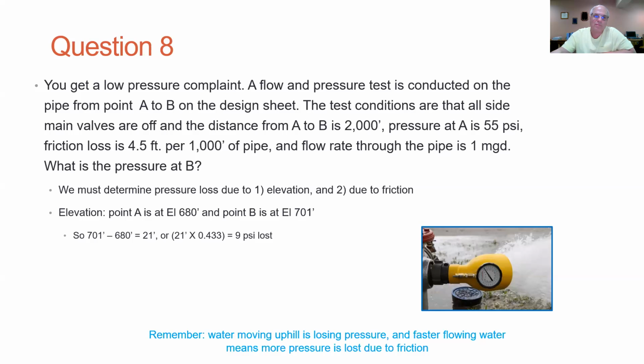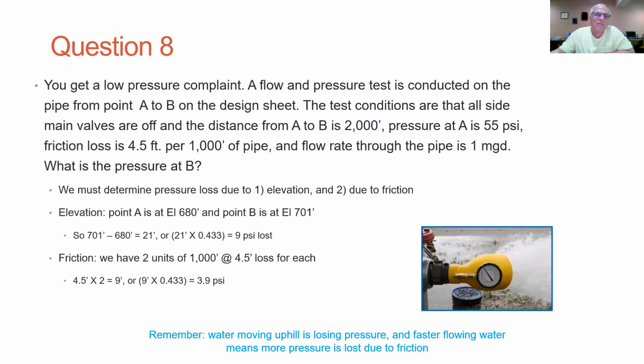Now, depending on how fast I go there, I'm going to lose more pressure as I go. The faster that water has to get from A to B, the more pressure I'm going to lose. So let's calculate that one too. It said we have 2 units of 1,000 feet, and each 1,000 feet we were losing 4.5 feet of pressure. So if the pipe is 2,000 feet long, I'm going to multiply 2 times 0.45. We'll come up with a 9 foot pressure loss, which I'll convert to 3.9 psi